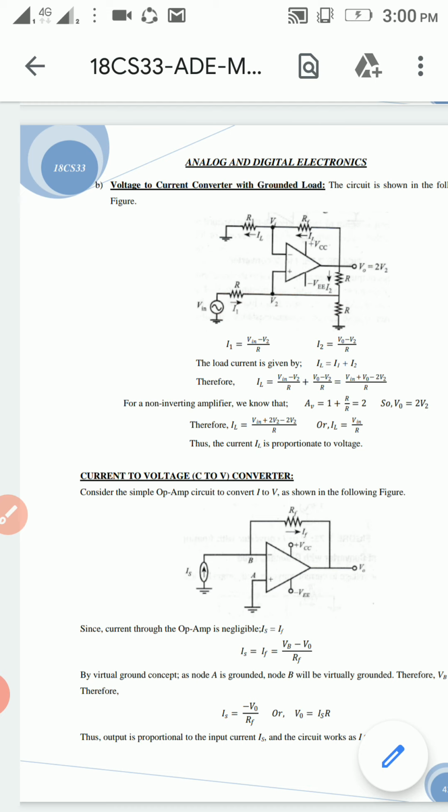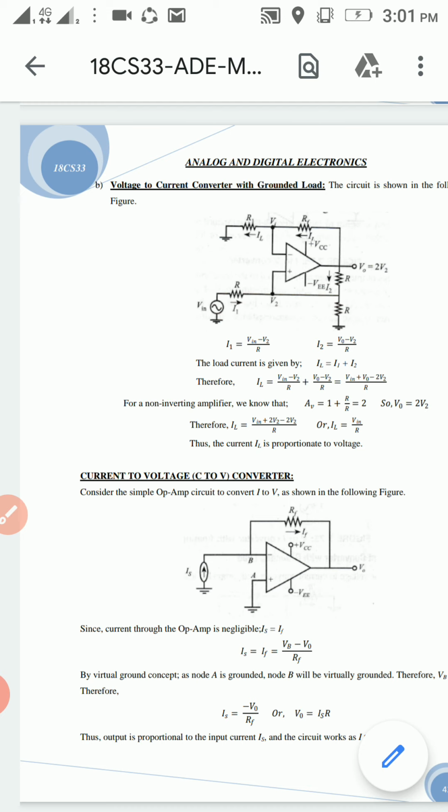So here the load current is directly proportional to the voltage. If there is any change in the current, the voltage also changes. In the earlier concepts, VB will be grounded, but VA should be what? It is virtually grounded. For that reason, VA should be 0. In one of the circuit diagrams, I was explaining that virtually grounded means the voltage at that particular point is 0, right? So in this case it is also similar. So the same load current IL is equal to V in divided by R.